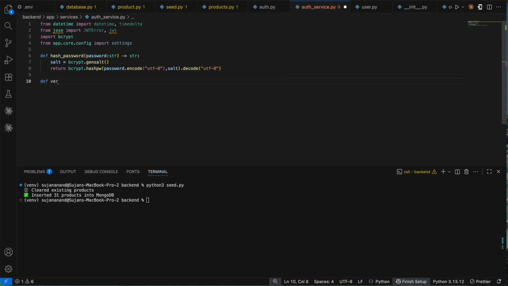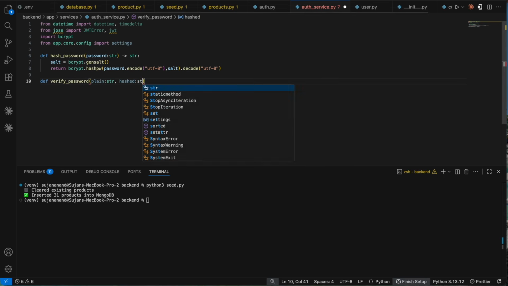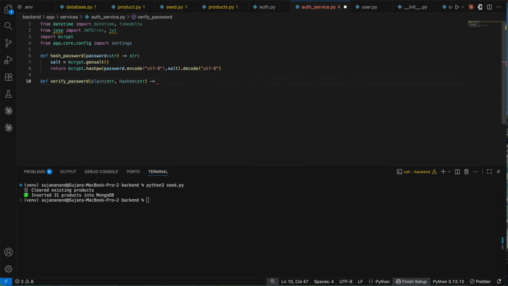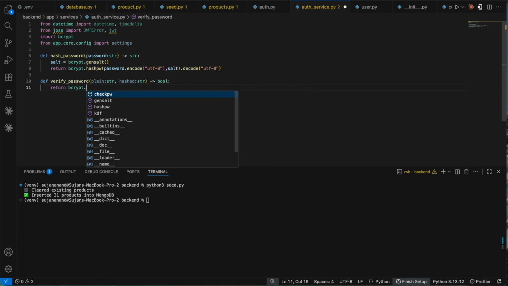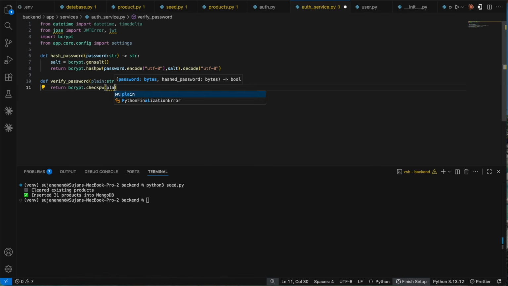Now let's write the function to verify. Again, we're going to use the bcrypt function itself. So I'm going to say define verify_password. It's going to take in the plain password as string and your hashed password as well, of string, and it's going to return a bool, true or false. Return your bcrypt.checkpw method. I'm going to say plain.encode